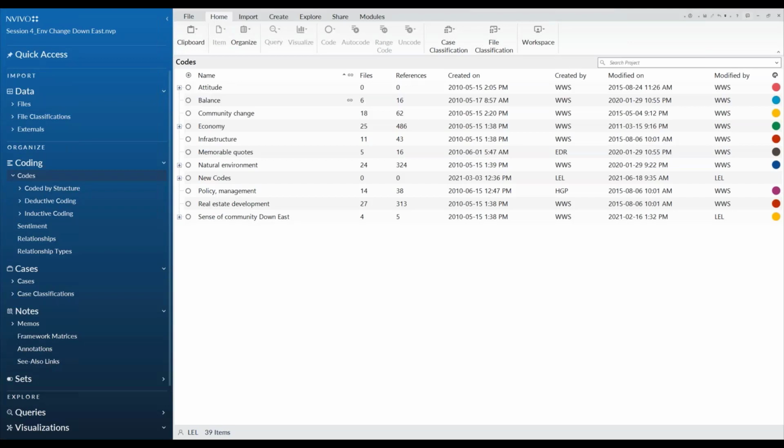so that you can start to think about how you might arrange codes in your project. Sometimes people think of NVivo as being the dictator of what they need to do in their project, and I cannot emphasize enough that NVivo is flexible, malleable, and what you need to do as the primary tool in qualitative research is always the qualitative researcher. What you need to do is take charge of what you want your project to look like and use it to drive your analysis and also align it with the methods that you said you're going to do